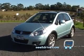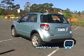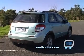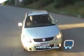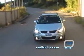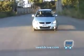Now, I really think that this car is for the image-conscious sort of people, around the age group of 25 to 39, married couple, single, doesn't matter. I think this car says a lot about a person's personality and the sort of lifestyle they lead, and it'd be an active lifestyle the person who'd buy this sort of car would lead. Whether or not it has a place in the Australian market, I'm not sure. You're talking $25,000 car, $24,000,